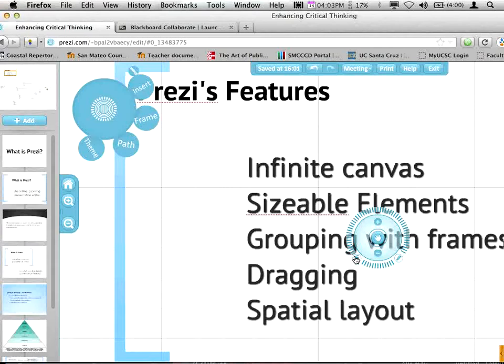I strongly encourage them, because of the infinite canvas, to keep everything. Just push it off to the side, drag it over to the side. Occasionally, I have to admit, when I first started using Prezi, I lost something. Zooming in and out, I made something really tiny and couldn't find it again. I was like, didn't I put that in there already? Where is that? And it turned out that it was a microscopic fly on the edge of the canvas. But that's kind of fun, you go on a little treasure hunt through your canvas.